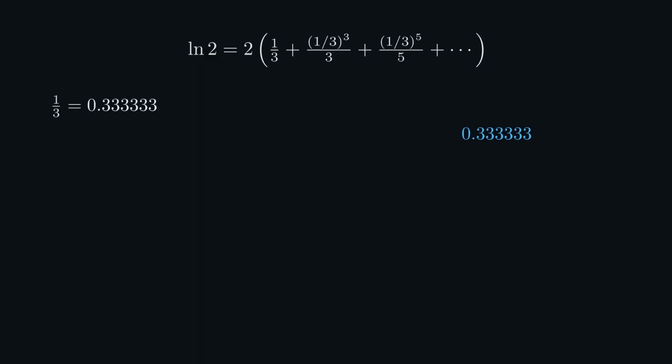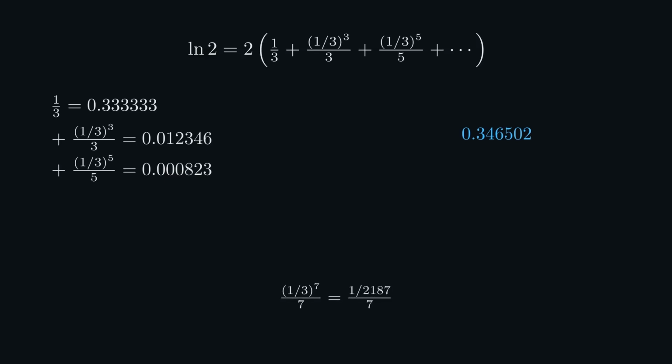0.333333. Second term, 1/3 cubed is 1/27th, about 0.037037. Divide by 3, 0.012346. Third term, 1/3 to the 5th is 1 over 243. Divide by 5, 0.000823. Fourth term, 1 over 2,187 divided by 7,